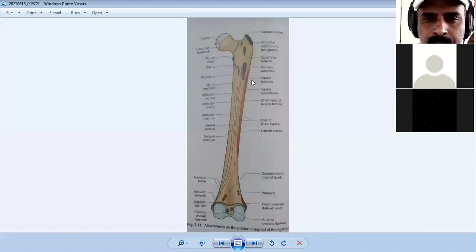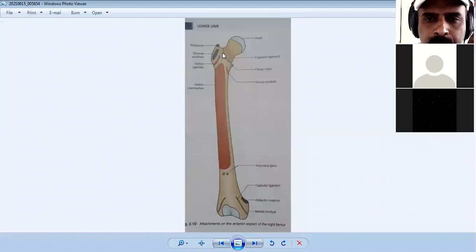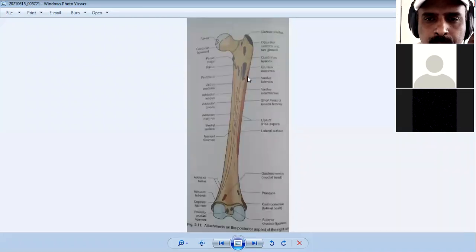Then we have the lateral lip of the gluteal tuberosity and the lateral lip of the linea aspera. That is the origin point of vastus lateralis. Here, lateral lip of gluteal tuberosity, lateral lip of the linea aspera, and I have told upper part of the intertrochanteric line, and anterior inferior border of the greater trochanter. So upper part of the intertrochanteric line, anterior inferior border of the greater trochanter, then lateral lip of gluteal tuberosity, lateral lip of the linea aspera, that is the origin of vastus lateralis.